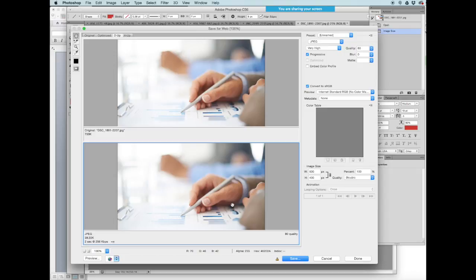If it was on your screen, you would see the quality is pretty much the same, but also if I change this to medium, it changes the image a little bit, but not that much. I think it's more valuable to drop the quality down to the medium. Just makes the file size smaller. And then if I save this image,